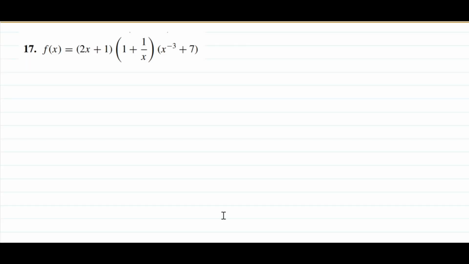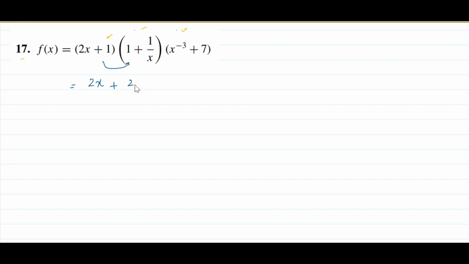Here is another type of question in which you can see that there are three functions multiplying. So how can we use the product rule formula for three functions? For this, we'll consider two functions and multiply them, so that after multiplying two functions, you will be left with two functions, and then we can easily apply the product rule. First of all, multiply the first two factors, and after multiplying, you will have